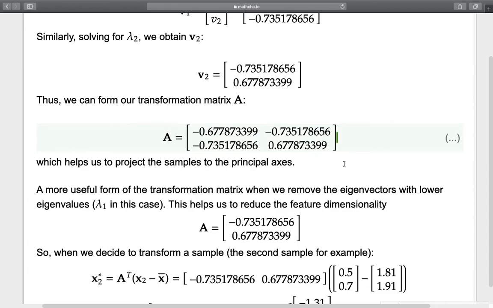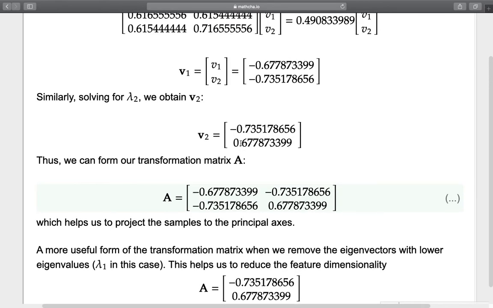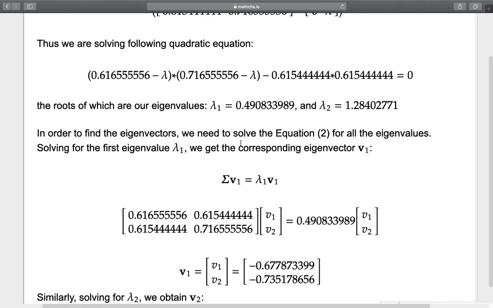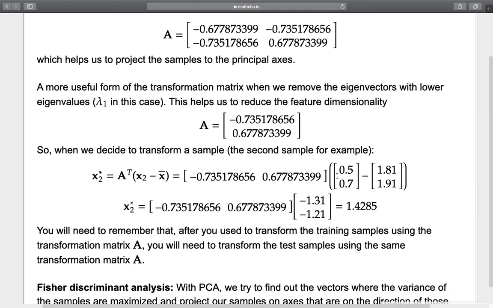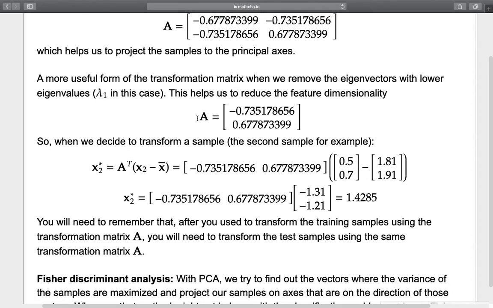So we need to eliminate some of the eigenvectors. For example, in this case, we can eliminate the first eigenvector because it has a lower eigenvalue. You see this. And we have the second eigenvector as our transformation matrix. So when we decide to transform a sample,